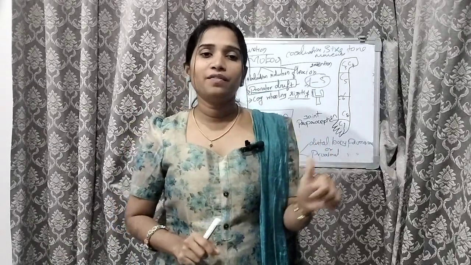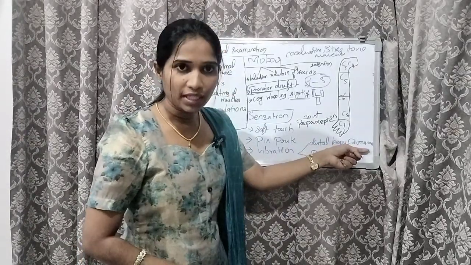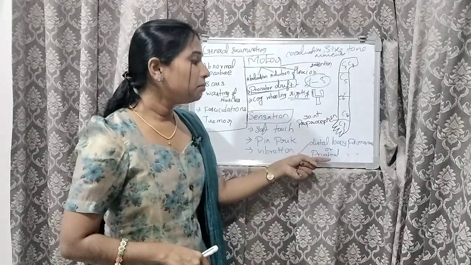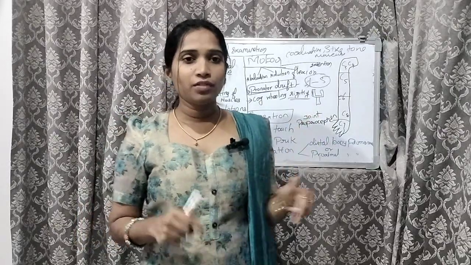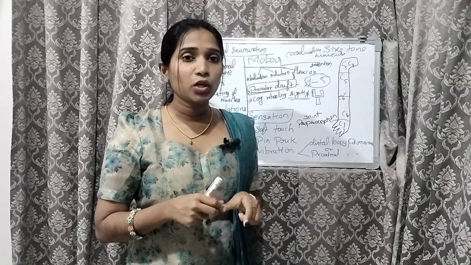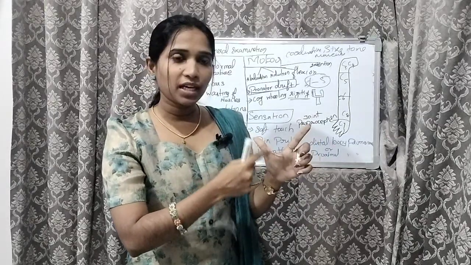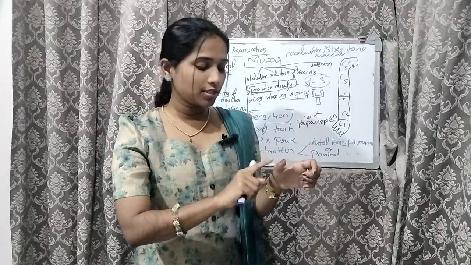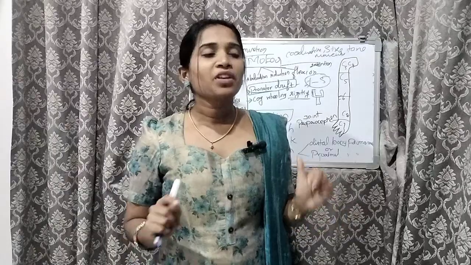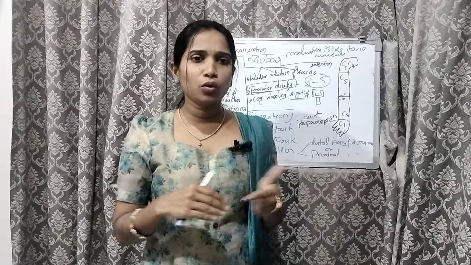After that, you have to place it on the distal bony prominence. If they don't feel it at the distal bony prominence, then you should go for the proximal bony prominence. First you have to know which place is the distal and which is the proximal. In the hand, here we have the distal, and this part is called the proximal. So first do the distal bony prominence. If they feel it very well, then there is no need to go for the proximal.